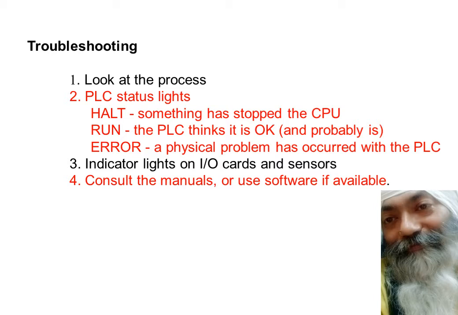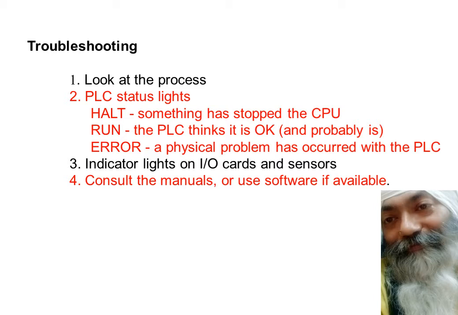You can have platforms just the way we have platforms today, where people keep on guiding that for this kind of error, for this kind of situation, for this kind of syndrome or symptom which the PLC has developed, you should do this. That's the way you go in for troubleshooting. But by and large, you first have to look at whether it is in halt. If it is in halt, it means that the CPU is off. Just the way we have watchdog timers which stop if it's in a continuous loop, that kind of thing might have happened.